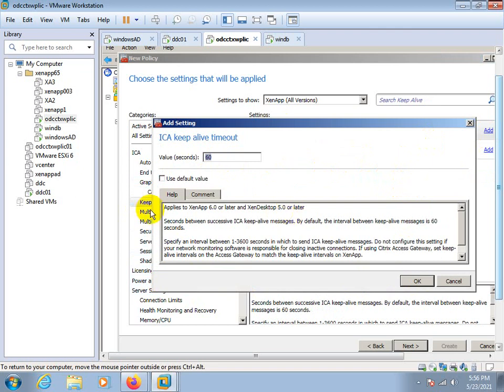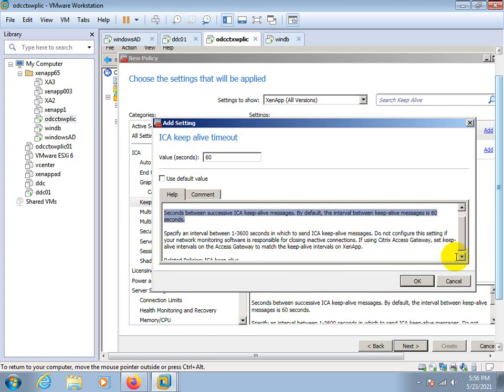And keep alive keeps the session active. What is keep alive? The keep alive message by default interval is 60 seconds. You cannot enable both settings, keep alive and session reliability, together. Only one setting will work, because keep alive works on a 60 second timeout, and for session reliability it is 180 seconds. Okay. Also do one thing, write it down. You need to read about keep alive and session reliability.